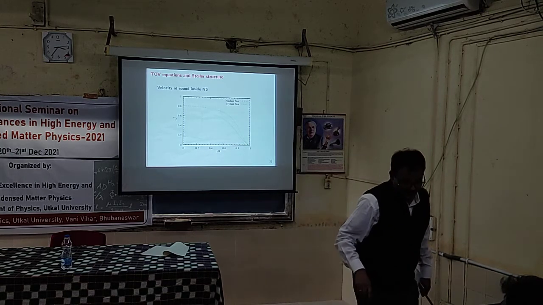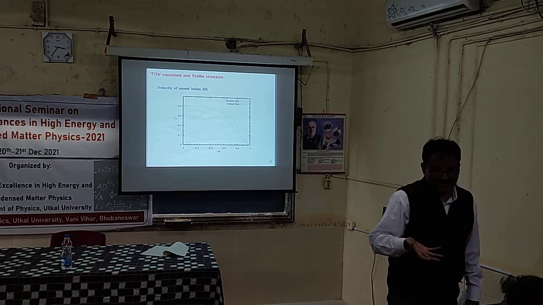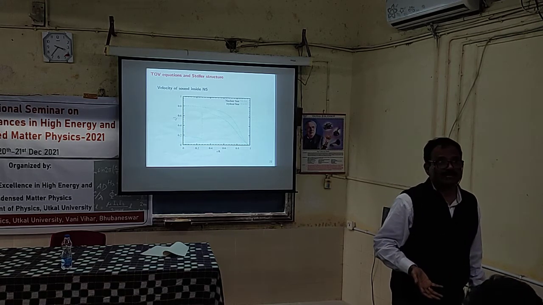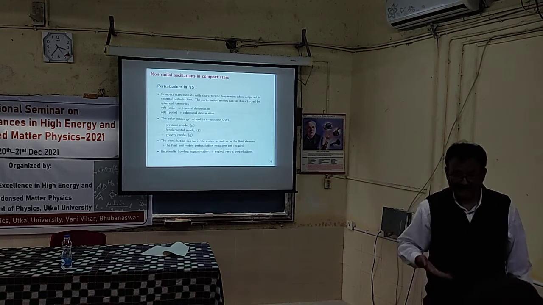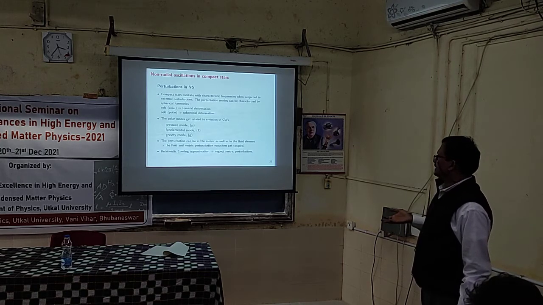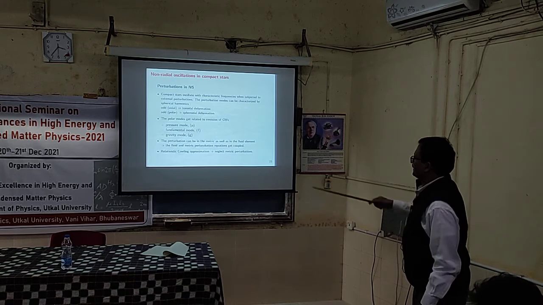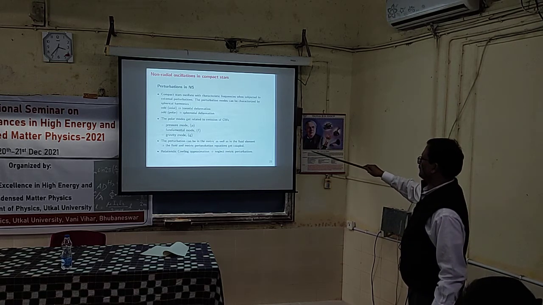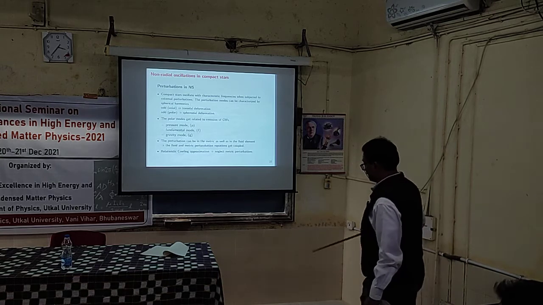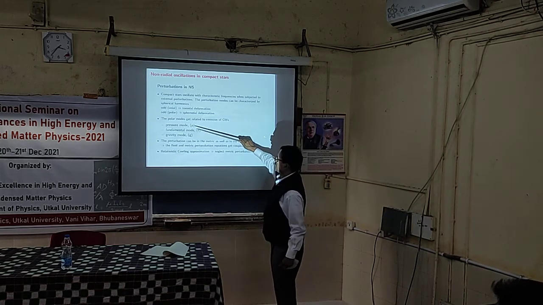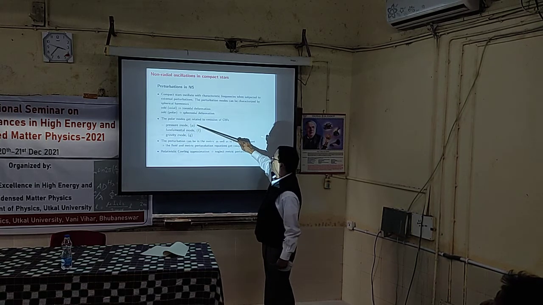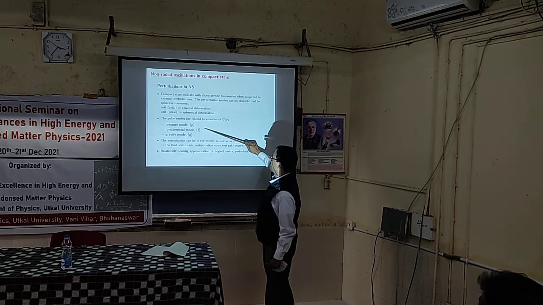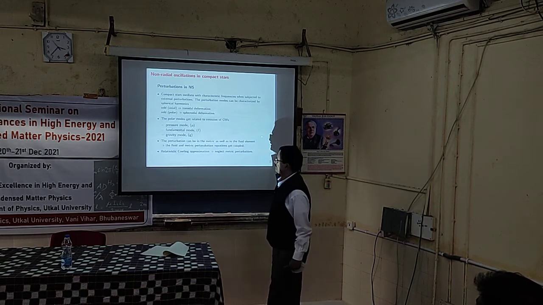Okay. Now, as I said, this sudden jump in the velocity of sound has its consequences on the radial oscillations, and these oscillations are classified as something called pressure mode, fundamental mode, and gravity mode. These are very high frequency ones. This is the high frequency oscillation mode, and this is the lowest. It is a few hundred hertz, and this is about a few kilohertz, and this is about a few hundred kilohertz.